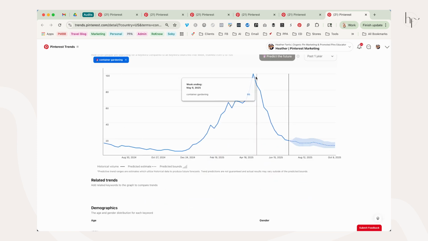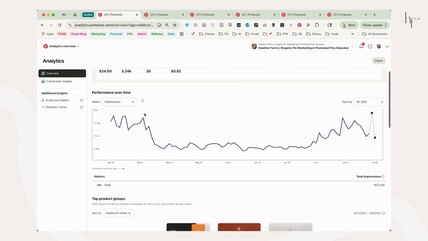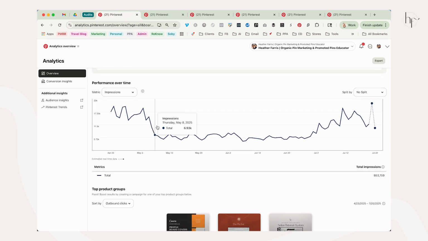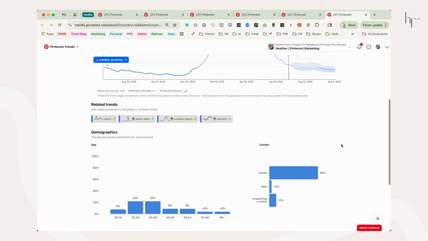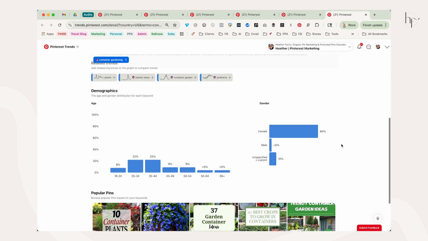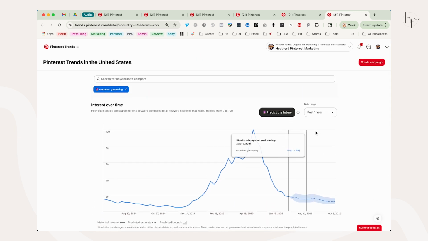So we can see that it really started to go down in May. And if this were the same graphic, like what I was looking at, then you can see that drop there around the same week. So that's really what we're looking for. We're looking to match the gaps or the holes or the drop-offs from our data, our overview, to what's going on in the actual pin level data. So again, audience is heavily overlapping with mine, so this would make sense if this were my content. So this is what I want you to look for.